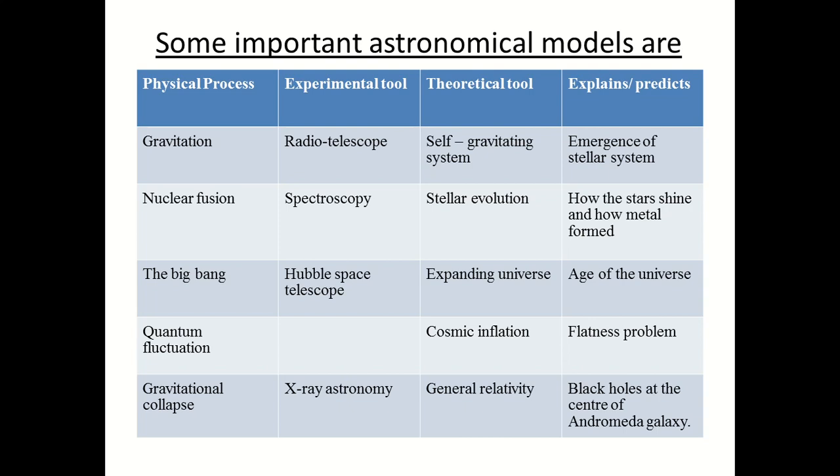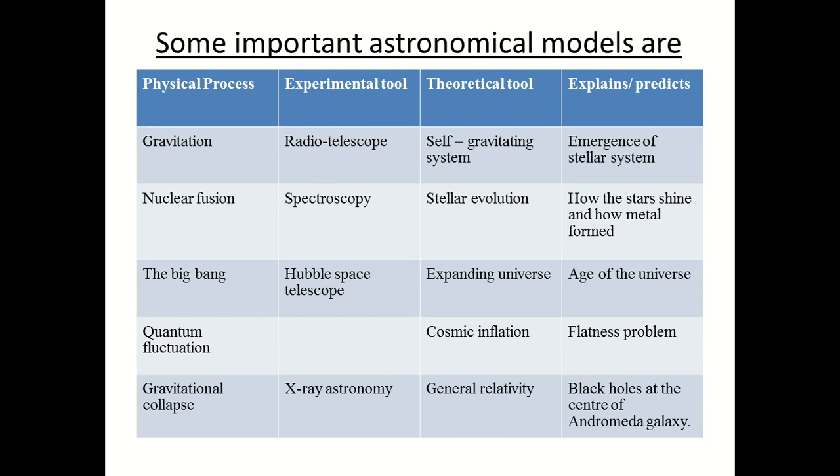It tries to explain the flatness problem of the universe. Another physical process is the gravitational collapse, and the experimental tool uses X-ray astronomy, and the theoretical tool is the general relativity. It explains the black holes at the center of the Andromeda galaxy. The general theory of relativity tries to explain the existence of the black hole, and how the gravitational collapse means